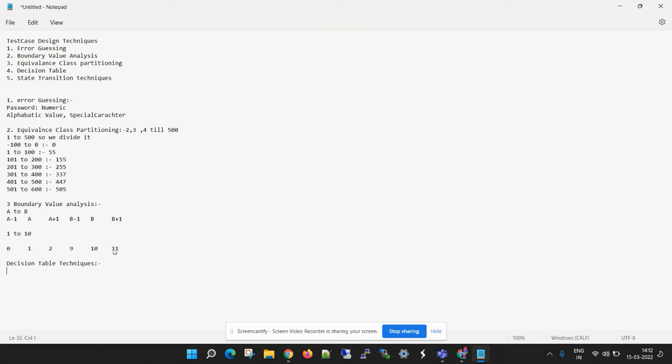To check the multiple conditions and combinations, we check with multiple inputs. Here the conditions are taken as input and the actions are taken as output. This is the decision table technique. For example, we just open a food restaurant,